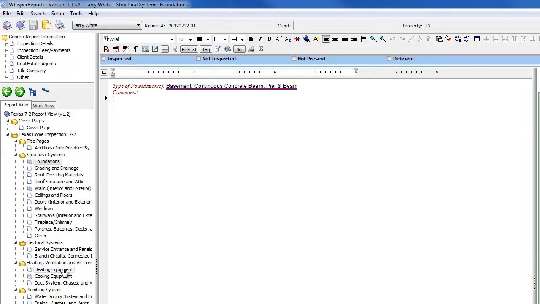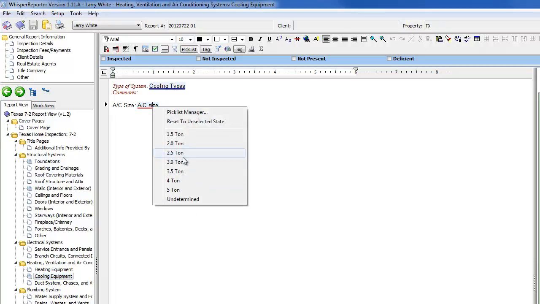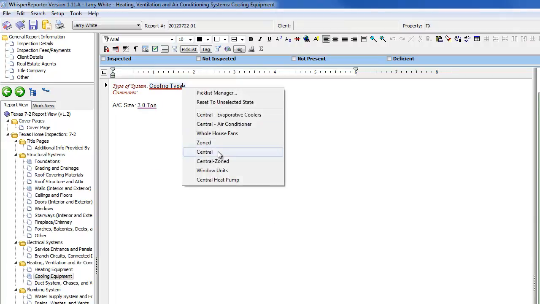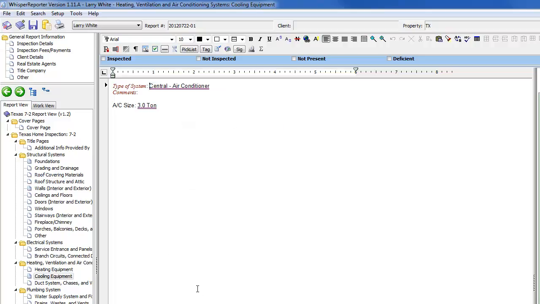Another good use of pick list, for example, I think I have an example under air conditioning here. If you go down here, here's an air conditioning size. If we click on this drop down, which we've already selected here, we have all these different tonnage settings. I could just put 3 tons in there and that'll take care of that. Here's our cooling types. I can say it's central air conditioner, or whatever you want it to say, of course. If I go to walls,